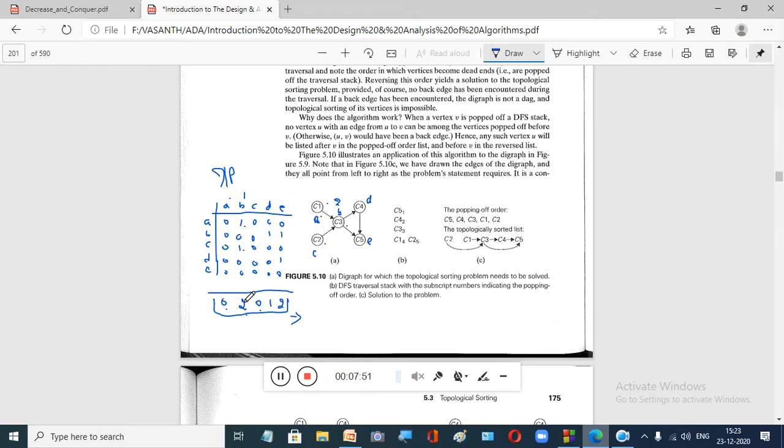Now we store this in a single dimensional array, where the first element corresponds to the first vertex A, the second to vertex B, the third to vertex C, and then D and E. So now we have clearly calculated the in degree.